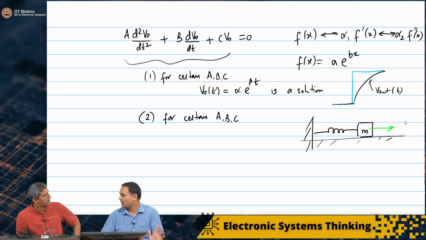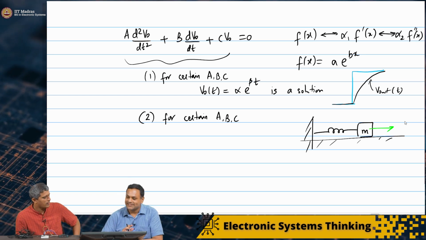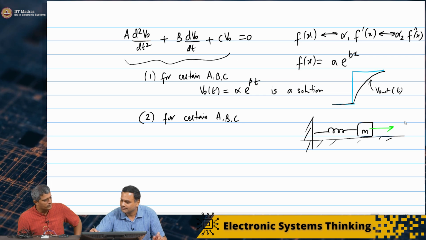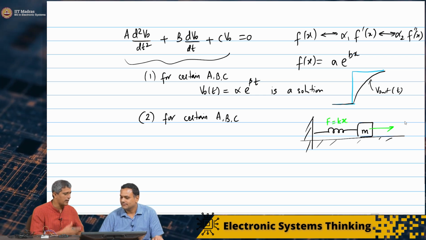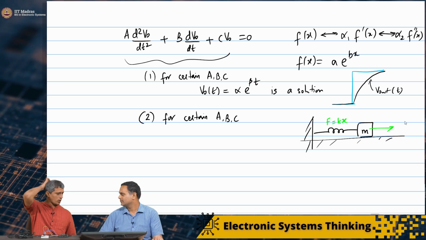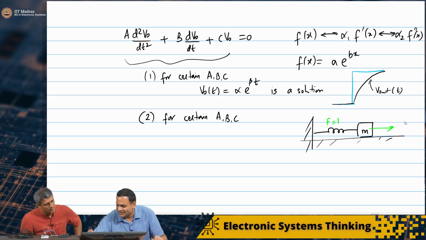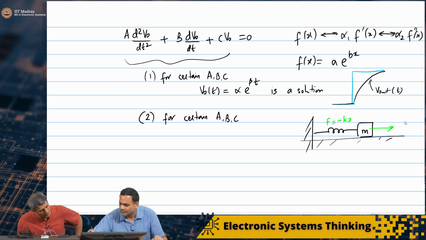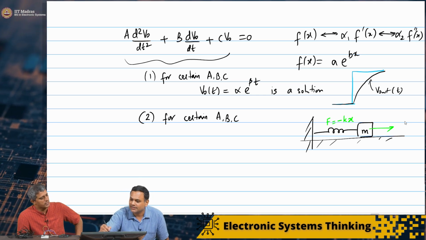If there are no energy losses, the restoring force is basically K times x. So can we just write that equation? The F happens to be what? F is actually minus Kx in this case. Minus because it's a restoring force. So we'll write it like that. M dV by dt,